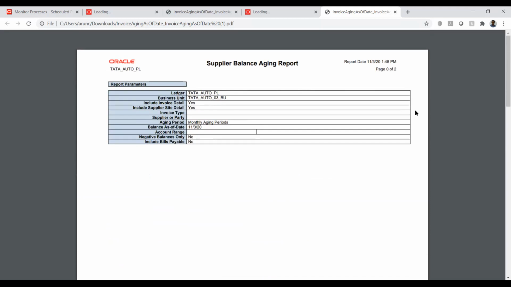If my payable data is not matching with the GL data, I will run the invoice register and payment register and try to identify the difference between payable and GL. Apart from that, we will not have specific scenarios to run the invoice register.